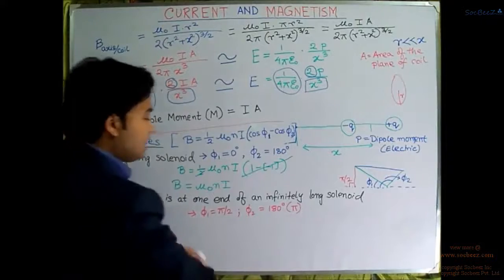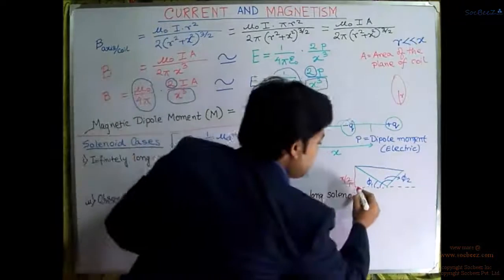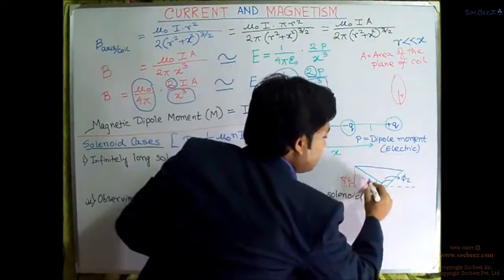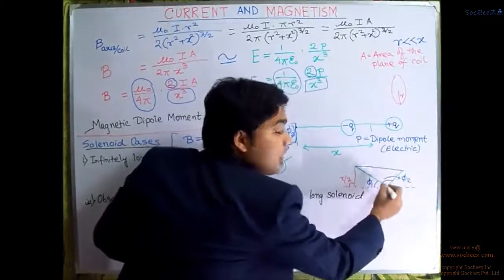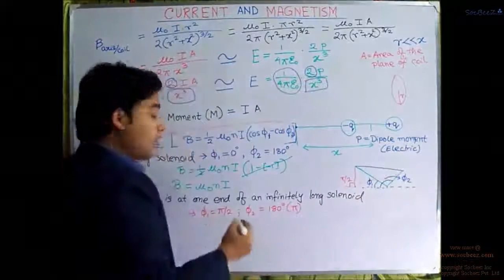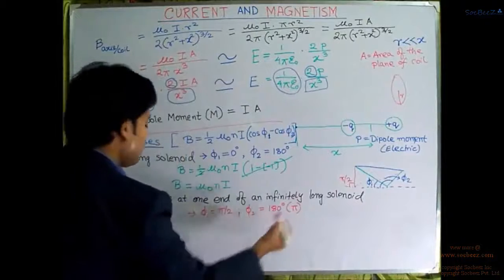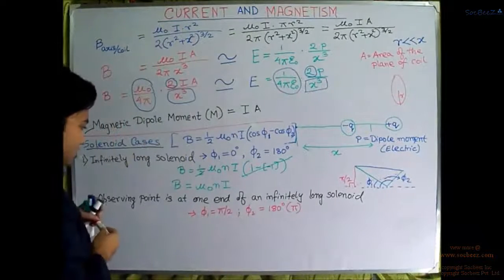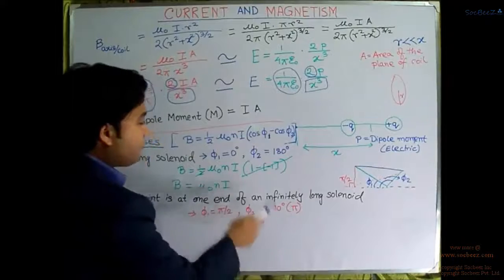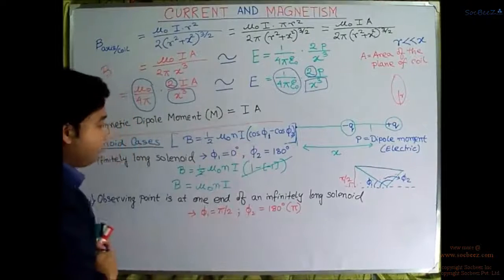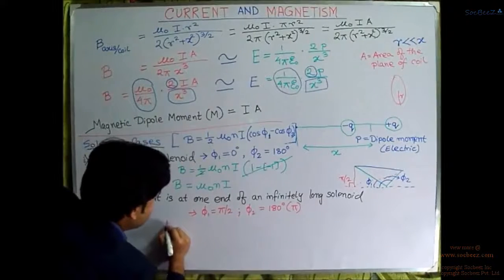Because this was only pi by 2, and now it is increasing, so phi 2 is now equal to pi. So now we can write, putting this phi 1 and phi 2 in this equation of B,